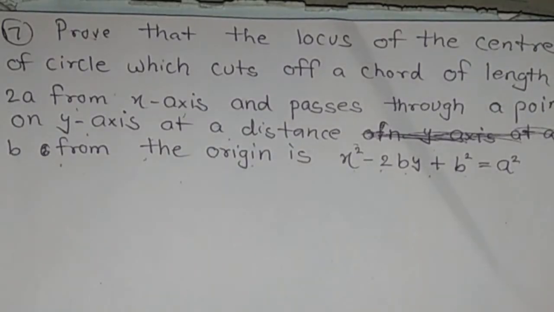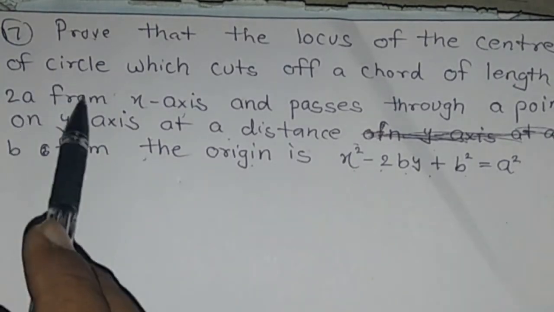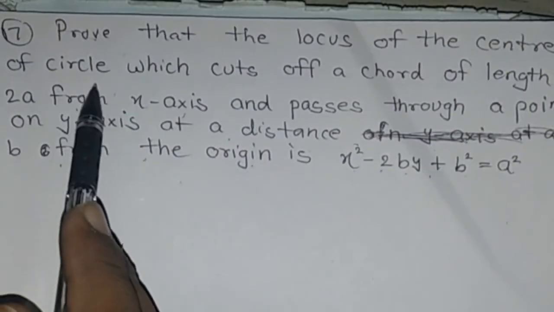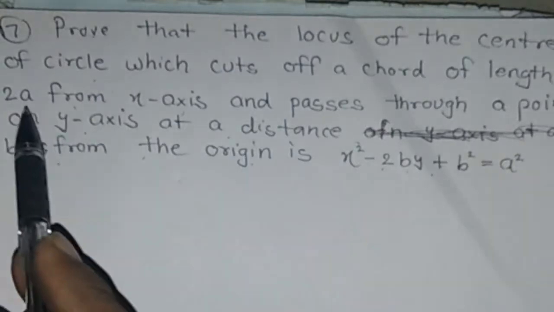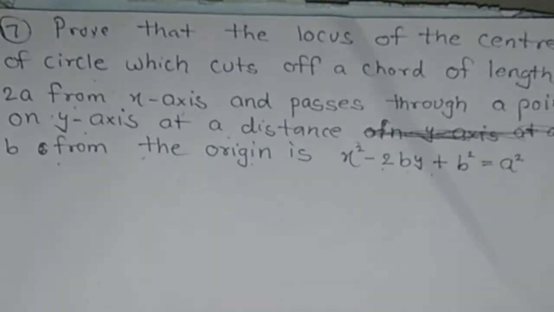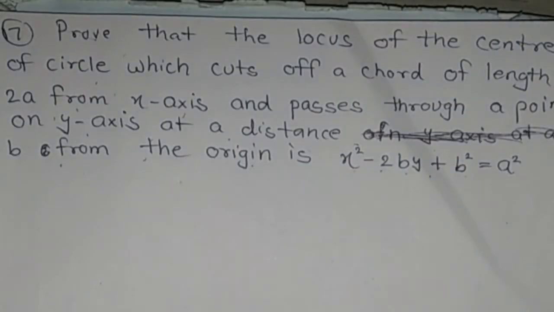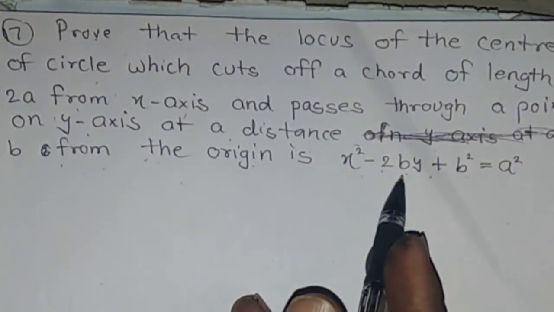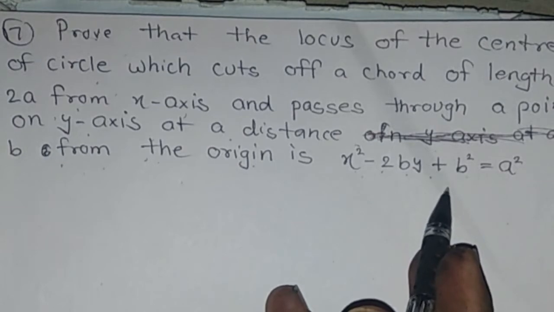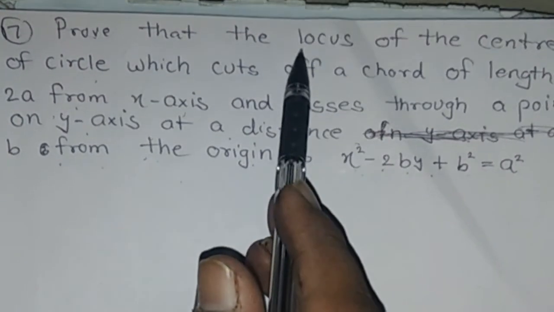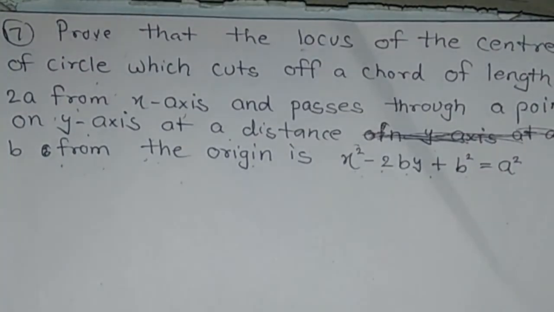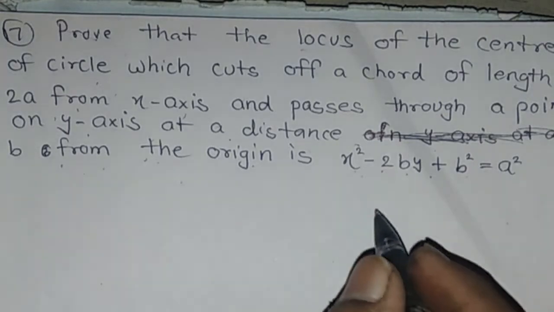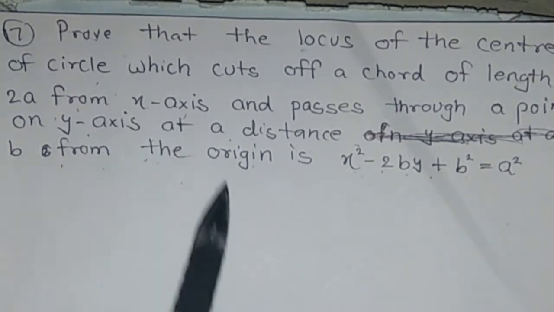Good morning, class. It is question number 17. Prove that the locus of the center of circle which cuts off a chord of length 2a from x-axis and passes through a point on y-axis at a distance of b from the origin is x square minus 2by plus b square minus a square. We know that locus is a curve or line satisfying some specific condition, and the condition is